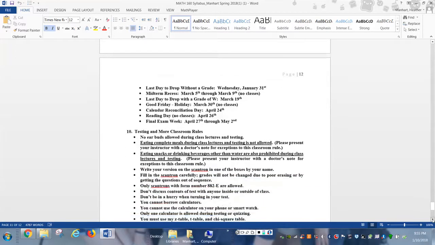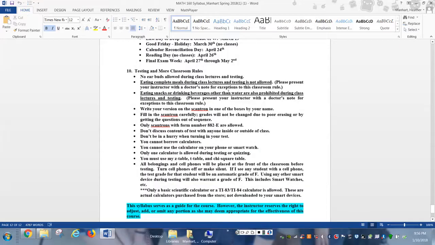Here are some more rules. No earbuds. Again, there's a stipulation here about devices. I do want to mention bringing entire complete meals from the Chinese restaurant, from Marshbanks, from Hardee's, McDonald's, Subway, Pizza Hut. Bringing complete meals during the lecture is not allowed. During testing is not allowed. Bringing a snack is not allowed unless you need to have a snack according to your doctor, and I'll need